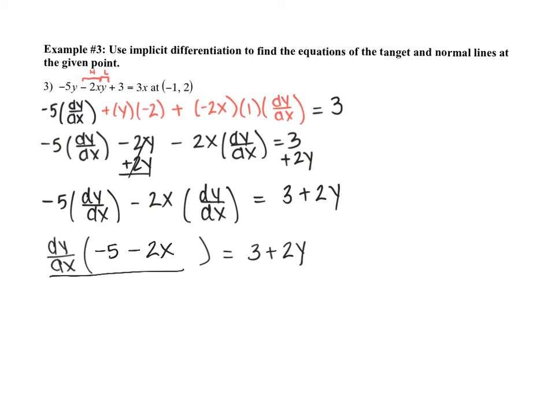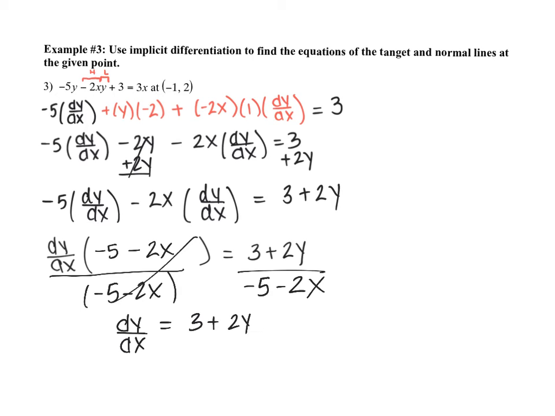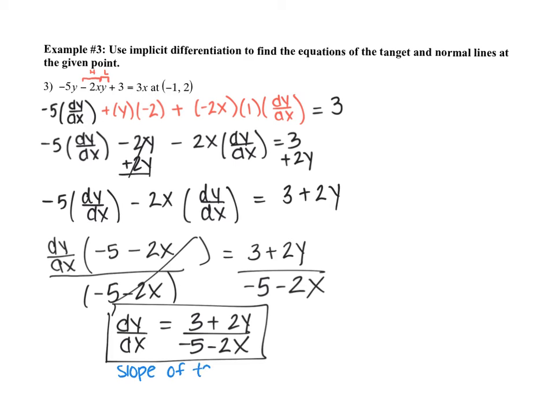And then we divide both sides by that negative 5 minus 2x. So we get dy/dx is equal to 3 plus 2y over negative 5 minus 2x. So this is our derivative. And we have to understand that the derivative, by definition, is the slope of the tangent line. So this will give me the slope of the tangent line